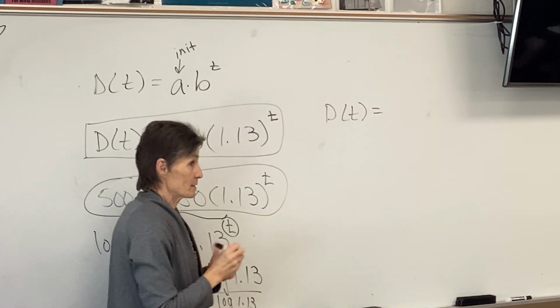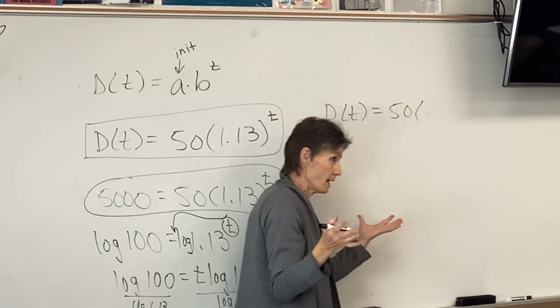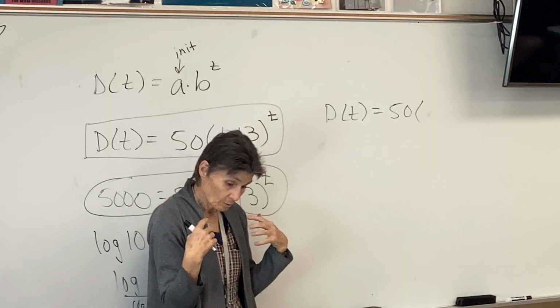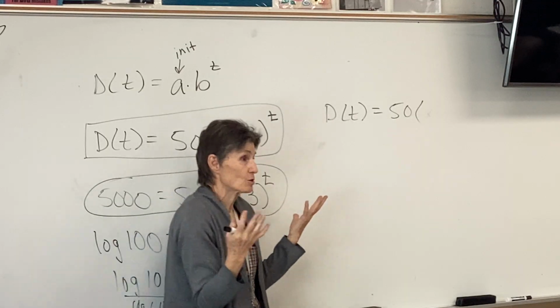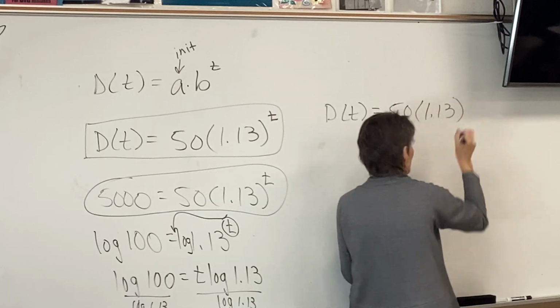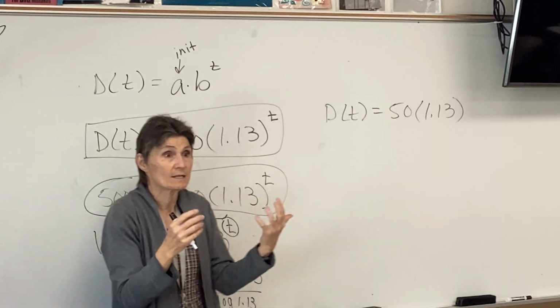The initial value isn't changing, right? I mean, we have 50 deer, no matter how we're measuring time, we have 50 deer to start. The annual growth rate isn't changing, it's 13% per year. So this is staying the same. That means the only thing that can be altered is the